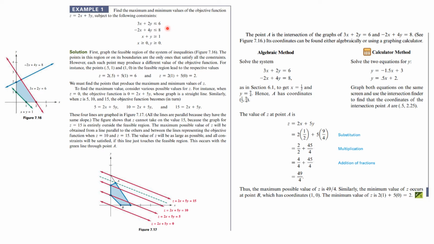First thing we do is we graph all these constraints. So I graph the first function and I get this red line, and then it's less than or equal to, so I go underneath this one. The next one is also less than or equal to, and that is this one. So you see I'm taking the intersection of less than or equal to. Then I say x plus y is bigger than or equal to 1. Here's x plus y equals 1, and it's what is above. And then I go x is bigger than or equal to 0, and y is bigger than or equal to 0. So that forces us to be inside this region where they overlap, and this is called our